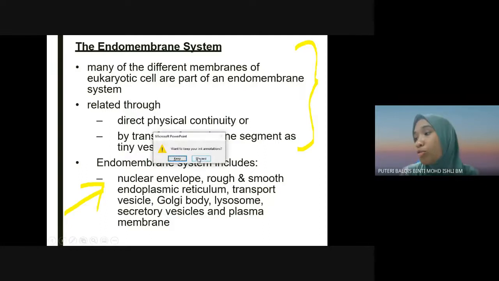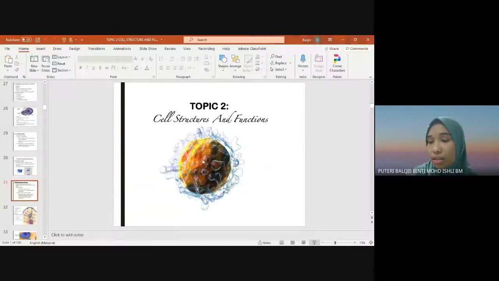Okay, so we're going to continue on Thursday. Okay, on Thursday. On Wednesday, we're going to do experiment 1, basic technique microscopy. Alright, and then